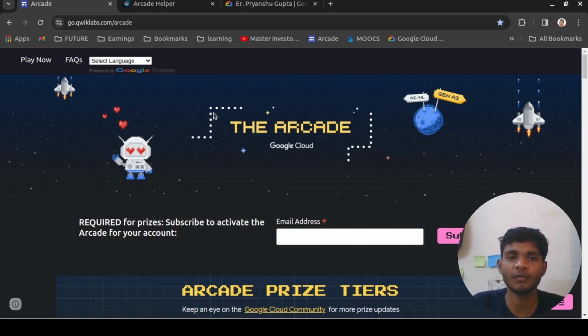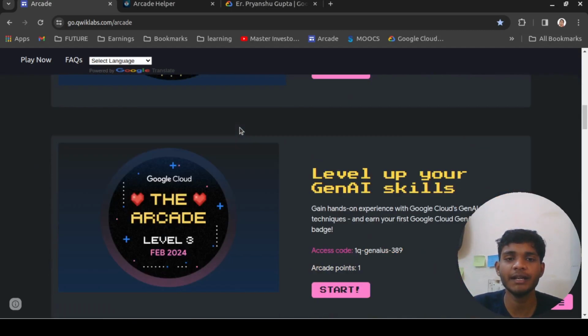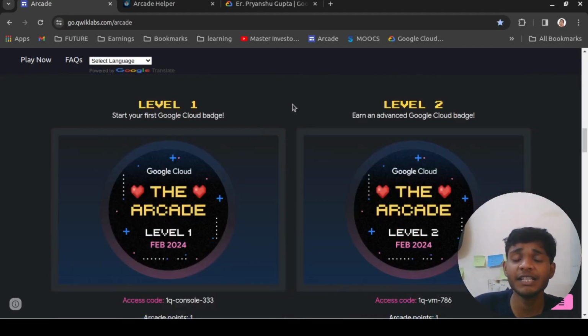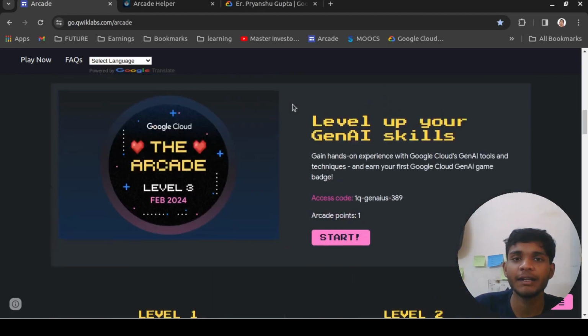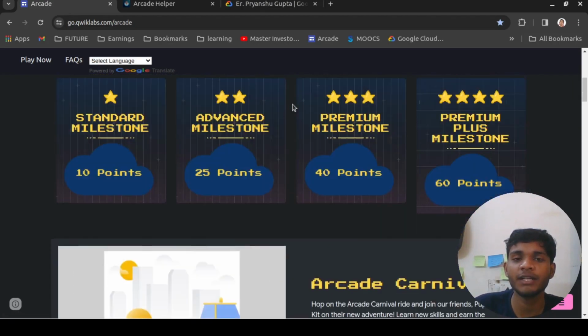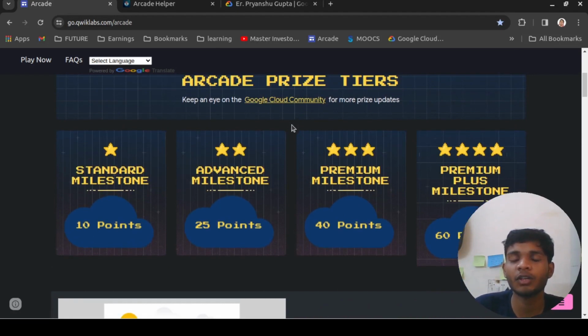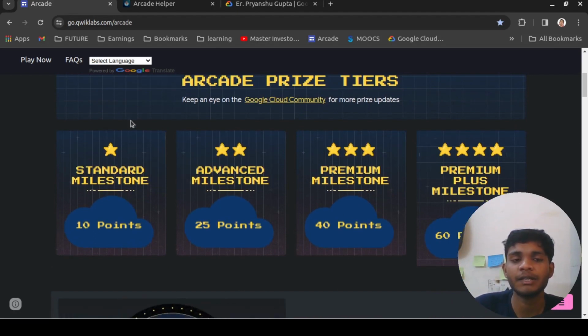Google Arcade program. If you are aware, then good, and if you are not aware, then the Google Arcade program is basically sponsored by Google, where you get to learn about Google Cloud technologies and everything that is related to Google Cloud. This is provided free from Google, and there are labs which you can attend and earn badges. Each badge carries a point, and after accumulating some points you can redeem those points for Google Cloud swags. We will discuss more about swags and prizes later in some other video.